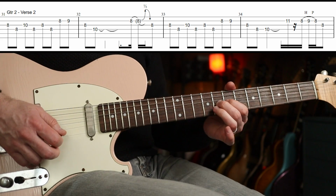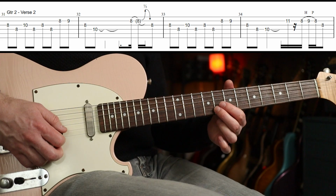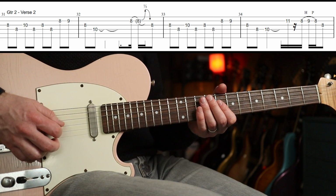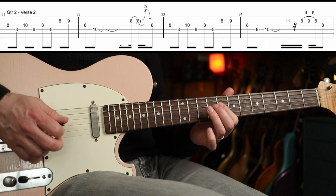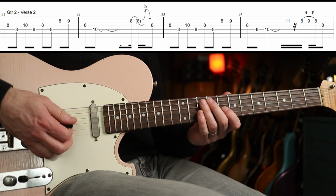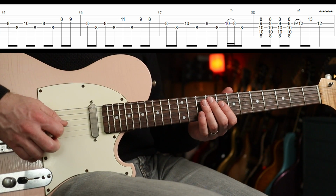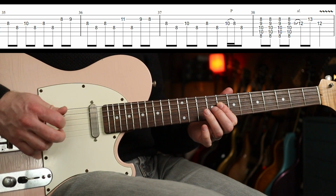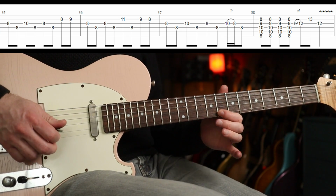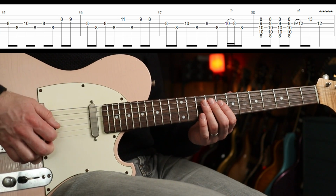That's quite tricky. Just because you're playing stuff on, you know, adjacent strings, they're on the same fret. Next 2 bars go... then the 3rd time I think it's this. Got that, straightforward enough, and then